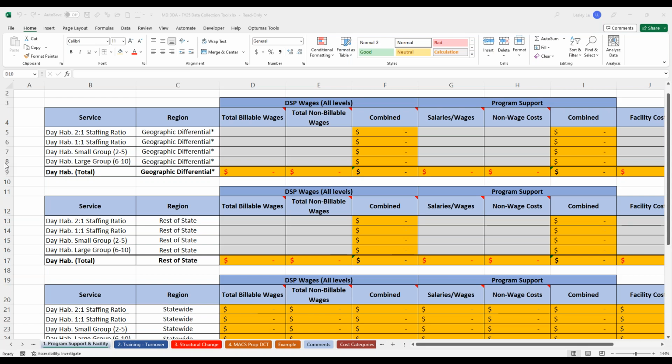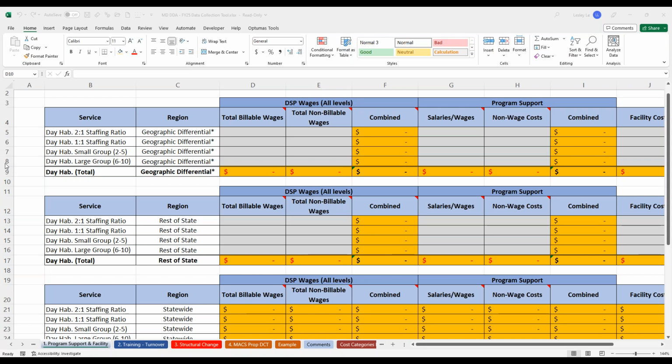And we can't make data-driven changes to the rates without this data. So everyone is highly encouraged to fill this out to the best of your ability.